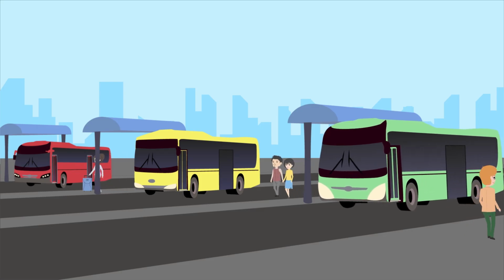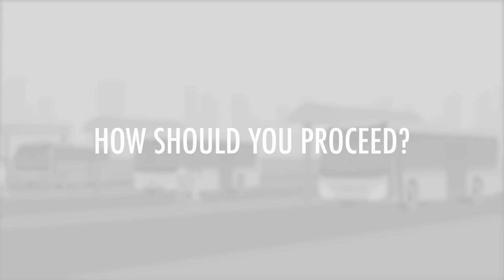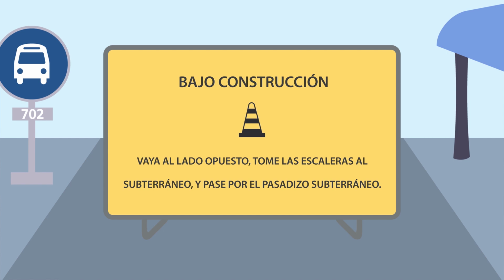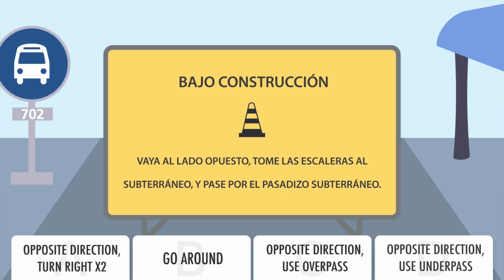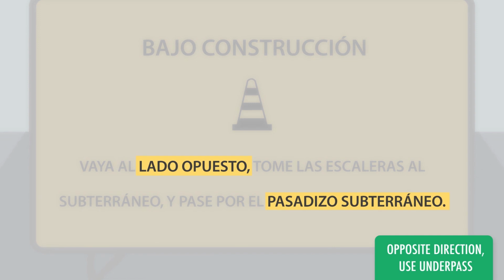You've just arrived at your destination, and you're attempting to exit the bus terminal. Unfortunately, the road you usually take is under construction. A signboard is posted informing you of another route. How should you proceed? The sign tells you to go in the opposite direction, take the stairs to the underground, and to use the